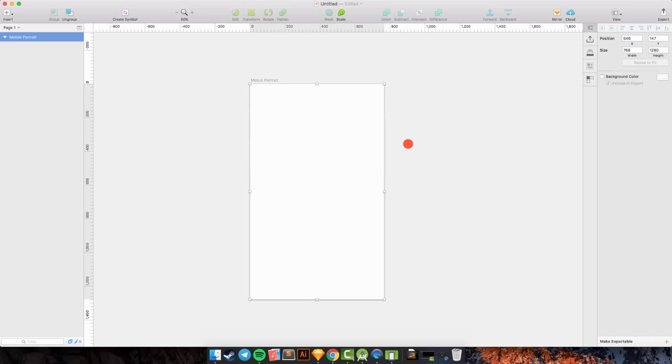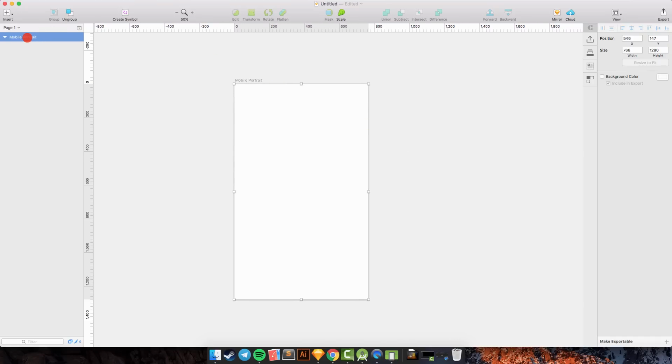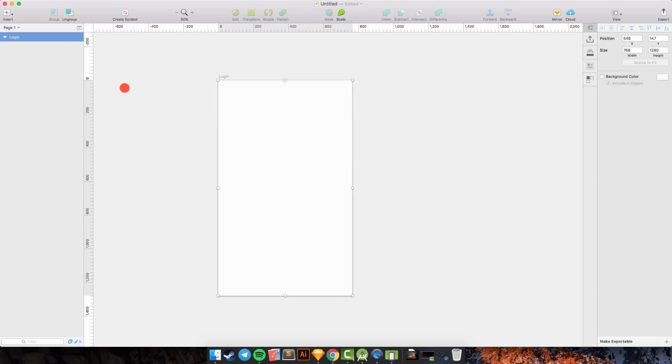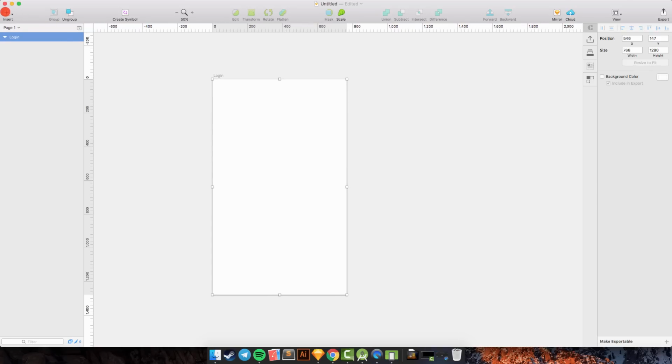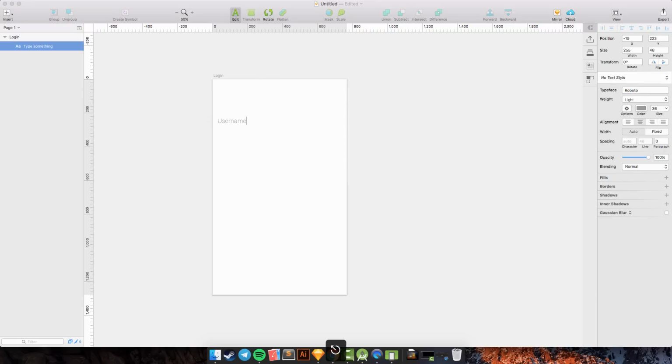Well, we start from the login here, login, and then I will insert and create the text here for username, and I want to change the color to black.